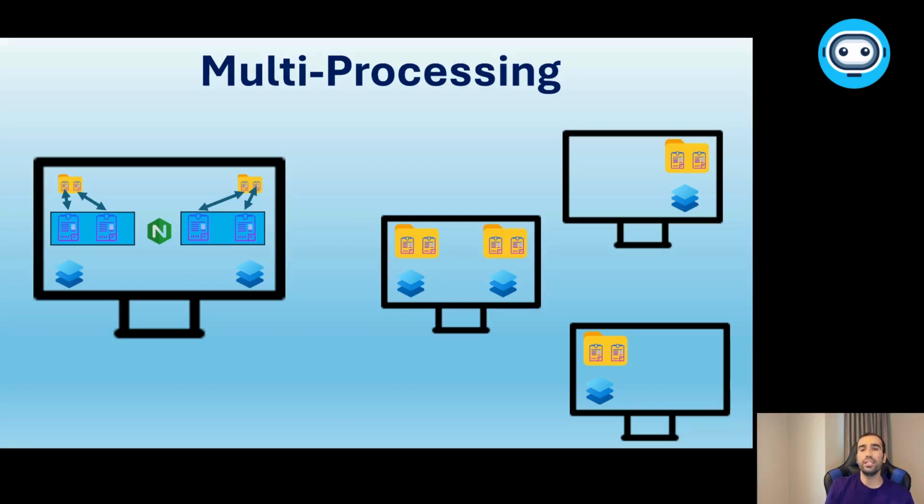What I can do in that case is hire some employees for myself, and to each of the employees, I will give a machine, a computer, okay? And on each employee's computer, I will copy or transfer some files or images from my computer to theirs. For example, this is all the files inside my computer. These folders with all their files are going to be shared, for example, with employee 1.